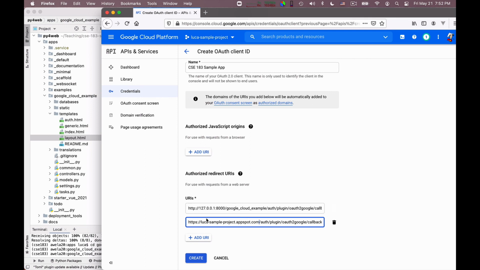The good part about this is that if you forget some URIs, you will be told by Google that they are missing. These are essentially the callbacks in the OAuth protocol. When you do an OAuth request, your browser redirects the user to Google, and Google will call back one of these URLs. And the URL that is called back has to be listed here. Okay, so this seems to be fine, and we can create these.